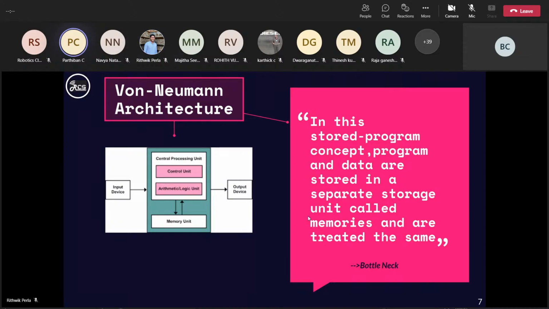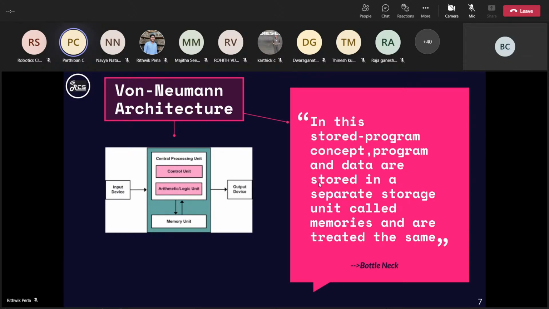There are two important things in it: one is the instructions and the other is data. Both can be stored separately also, but here in von Neumann architecture, both are stored in a single storage unit. The storage unit is where we store the data and instructions. So when we store both of them in a single storage unit, this architecture is called von Neumann architecture. In this architecture, the instructions as well as the data are executed one after the other sequentially, as they are both situated in one storage unit.